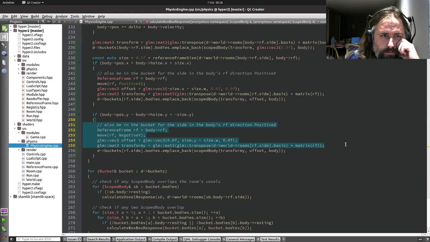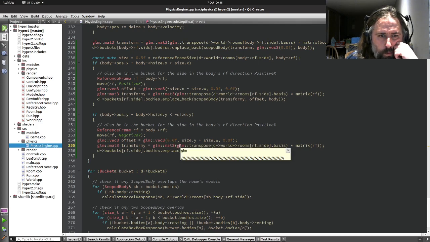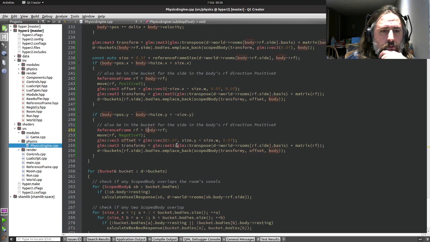This stuff. It's a little bit... I don't want to paste like 6 blocks like this. This offset is only used in one place, and so is this transformation. So I could just paste these in. The reference frame though,